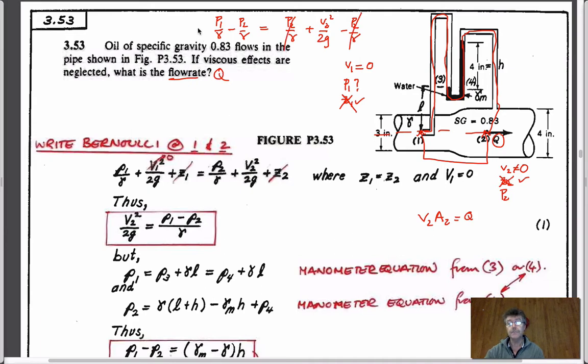And now we're left with something which is just a differential pressure between two points divided by unit weight of the flowing fluid. And so hopefully what we can do is use our manometer equation to work our way from this point all the way through here to calculate what the pressure is at this point, which will be different. And we can use that for delta P. So we use the manometer equation here